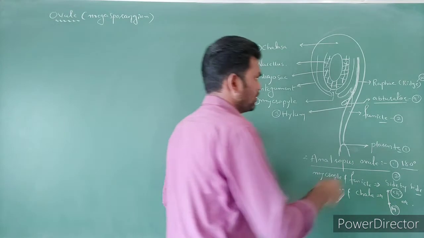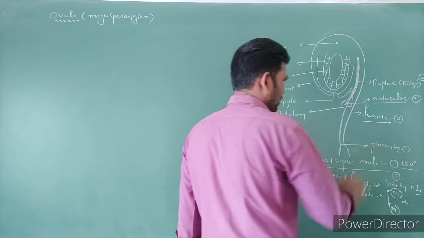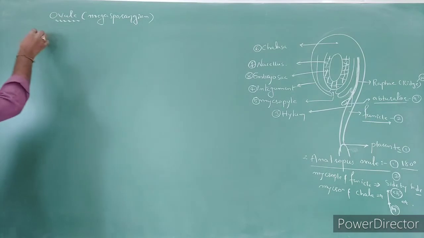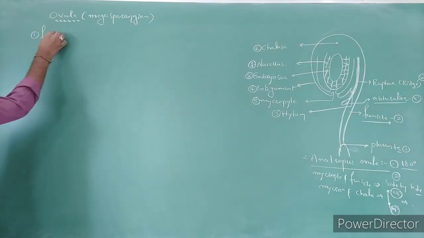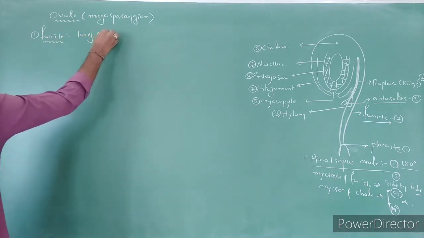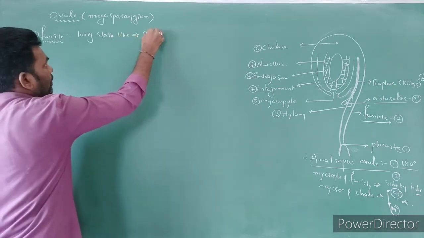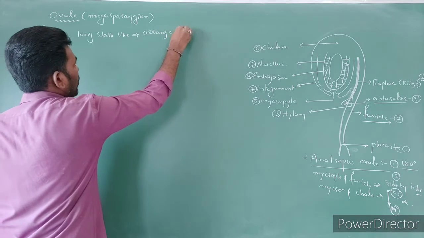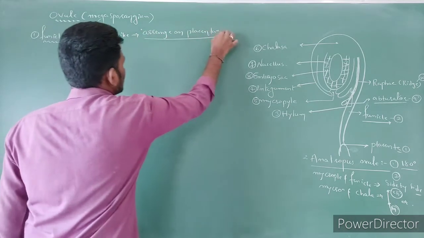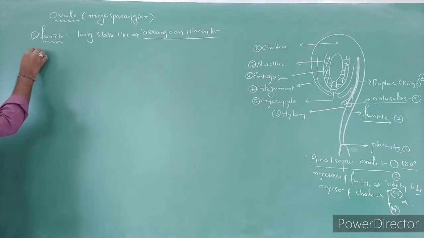The first part is generally the funicle. The funicle is one long stalk-like structure which is going to arrange on the placenta. That we can call what? Placentation. Right, the first part is the funicle. The funicle is a long stalk-like structure which is going to arrange on the placenta. The arrangement of ovules on the placenta is called placentation, right? This is actually the first part, the funicle.